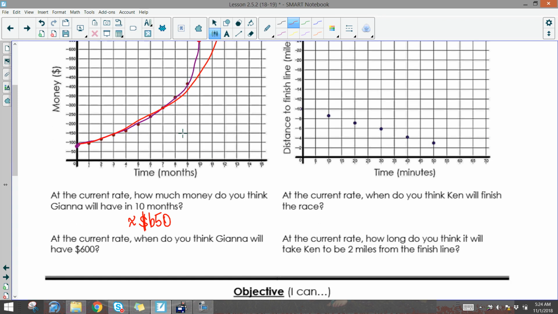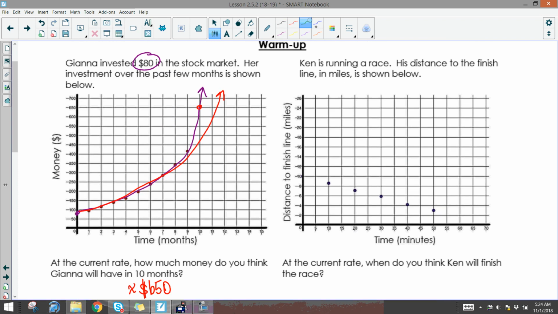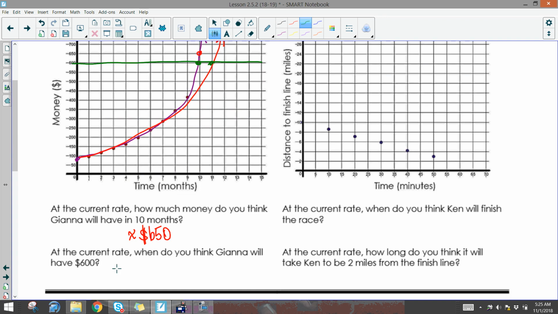That's okay. This is at the current rate. When do you think Jana will have $600? Well, $600 is a Y value because that's money. So I'm going to go over here and $600. I'm going to use my purple one. I would say about 10 months, but if you had something more like the red, you might say 11 months. So it kind of depends. Again, we're just getting the frame of reference, so 10 or 11 months, depending on how you